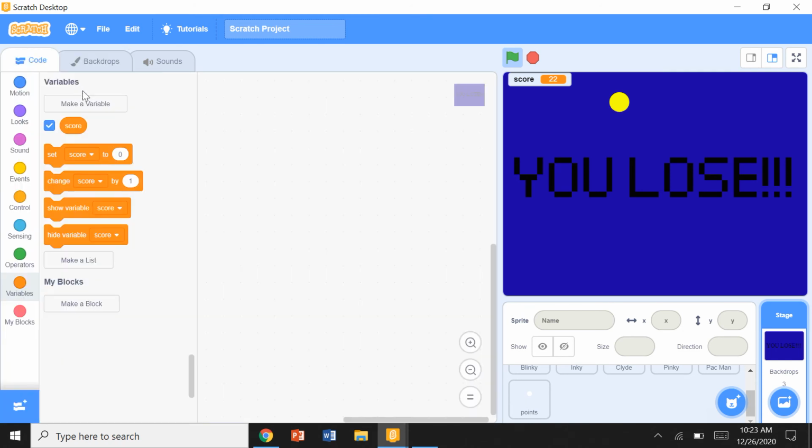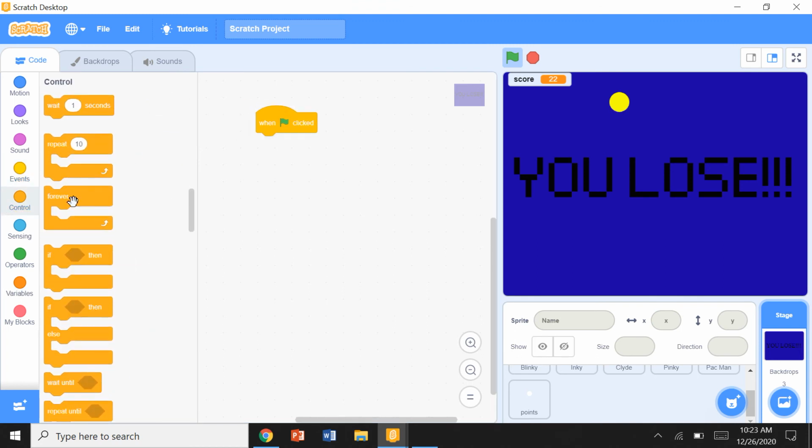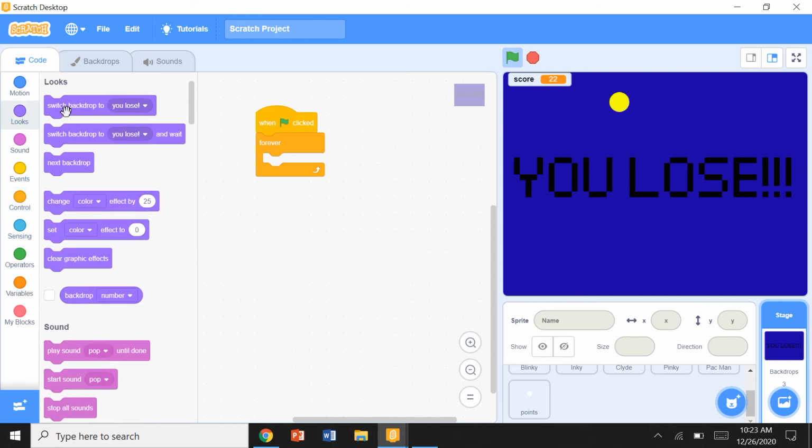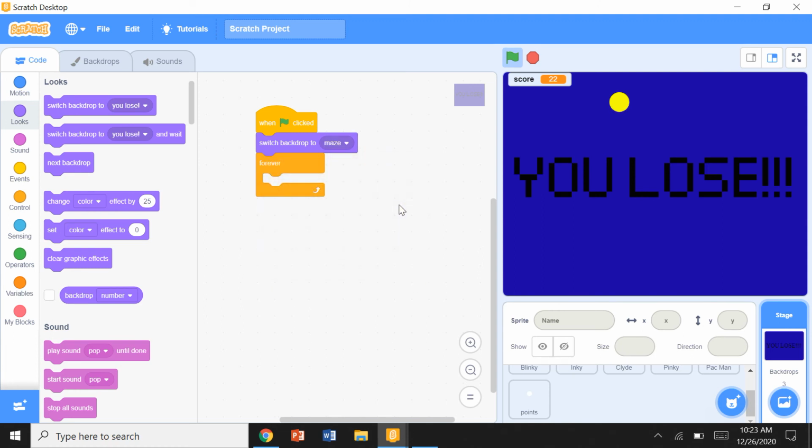So now the code for this, even in the backdrops you can do the code, but you can't move them around obviously. So then flag clicked forever, but before that, when it starts I wanna switch backdrop to maze. That's basically my Pacman maze thing. So forever,